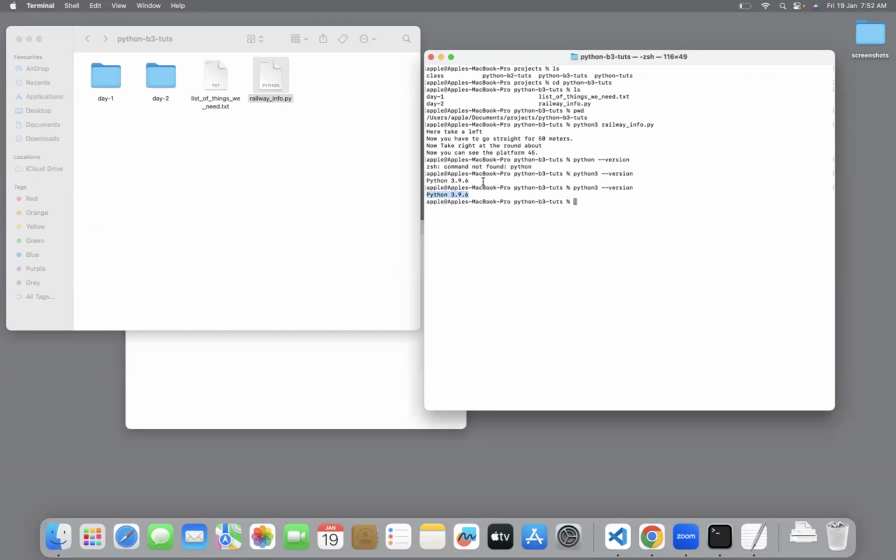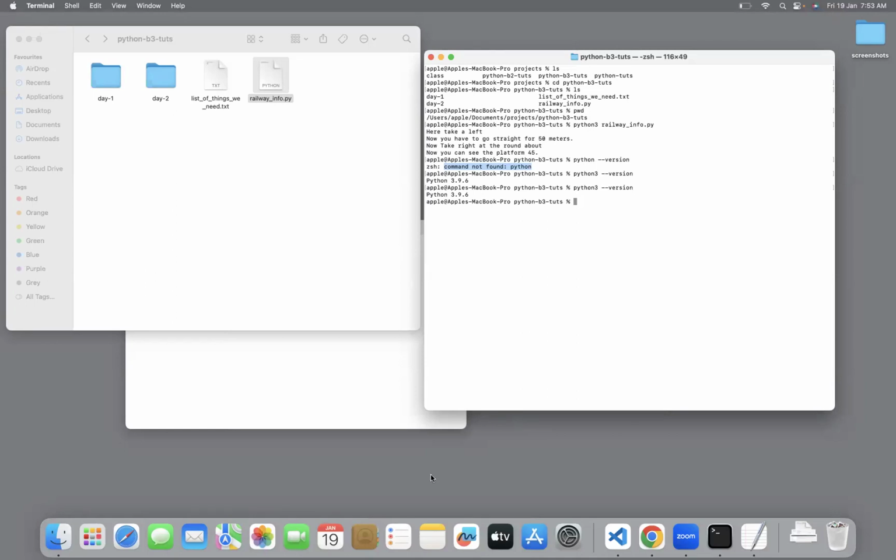If you see command not found, something like that, it means you don't have Python installed in your system. To execute your Python related files, you should have Python installed in your system, the way you download Excel, Word, or Photoshop to create those files. You have to download Python also.